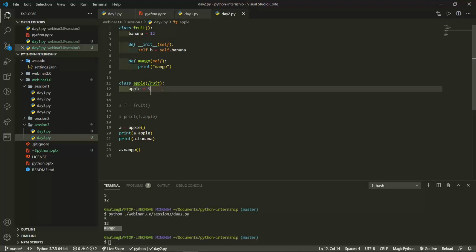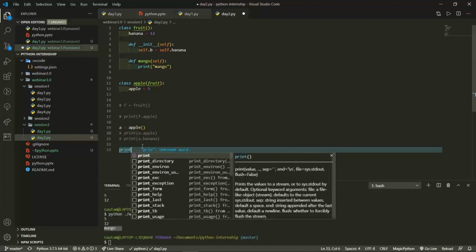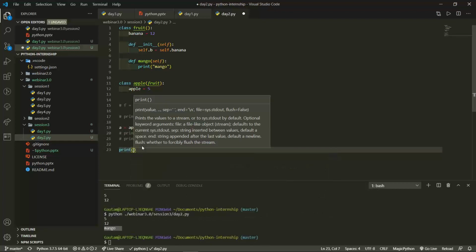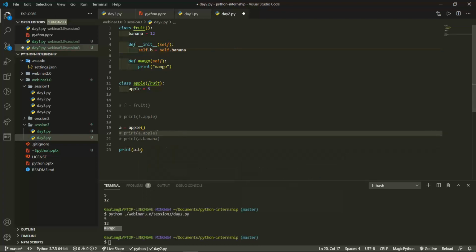Now if I make a call of this, I will comment this out. The object of apple is there, and now I will print a dot b. Now b is the argument, and I'm just printing this. Let me execute this.